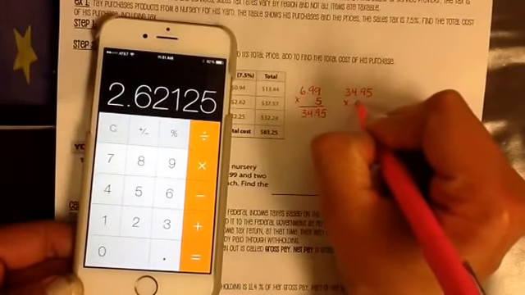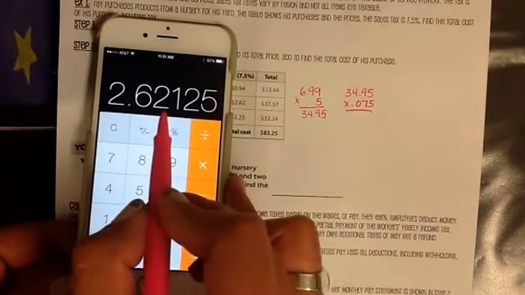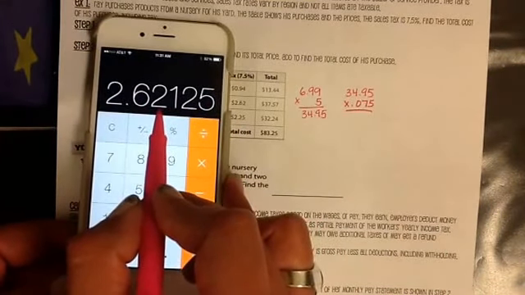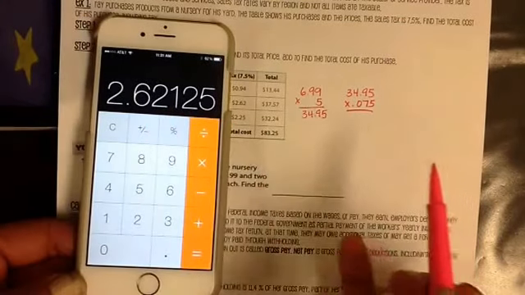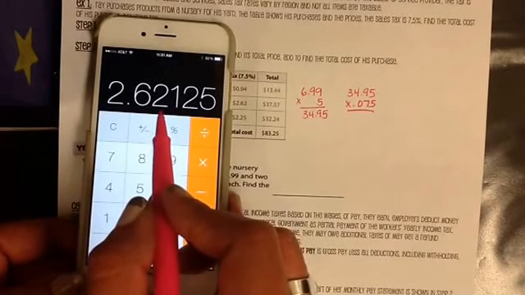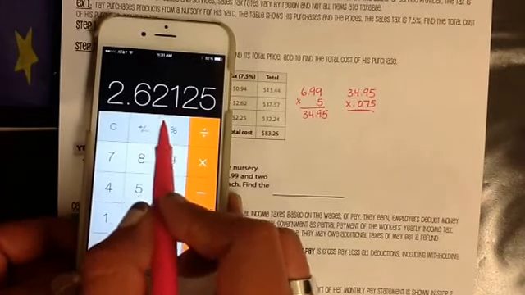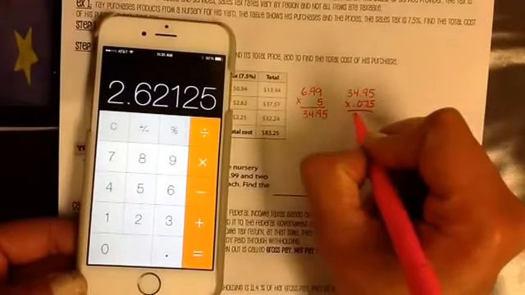And when we multiply, notice we get this long decimal number. Well, we're talking about money. We're talking about tax. So money ends at the hundredths place. You have to be sure that just because you're using a calculator, if you don't round correctly, you could still be getting those answers wrong. So we look at the number to the right of the hundredths place. It's a 1, so 4 or less, let it rest. Our tax is going to be